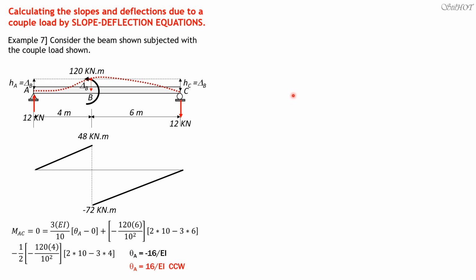So positive, and that's counterclockwise. Then, if we have moment AC, we also have moment CA. We have the same formula. Moment at C is 0. So moment CA is 0 equals 3EI over L, 10, quantity theta C minus delta, which is 0 because